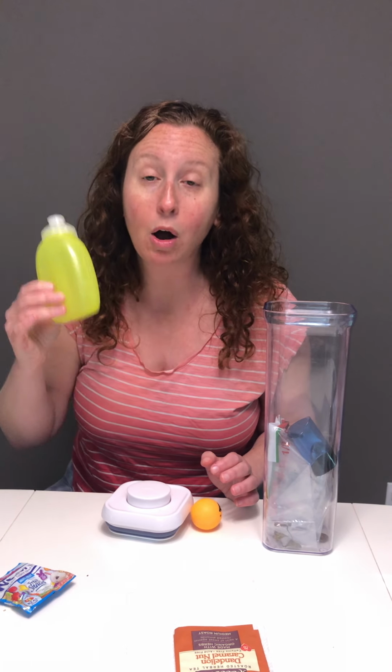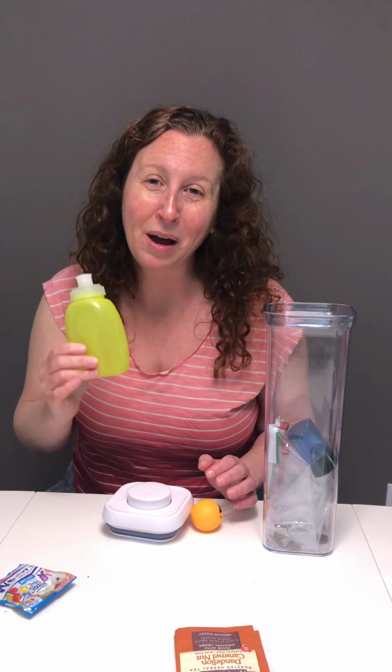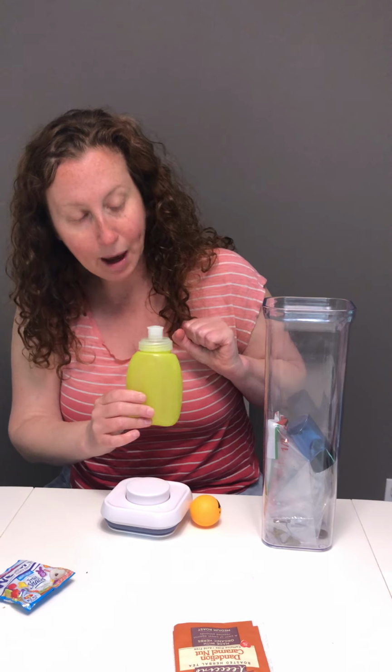And the reason I'm putting this in my time capsule is because I've been going on a lot of walks. And this is something that reminds me that I need to drink a lot of water. I always carry water with me when I'm going on my walks. And this would fit in the time capsule, and I have a few others of these, so I feel okay putting this in